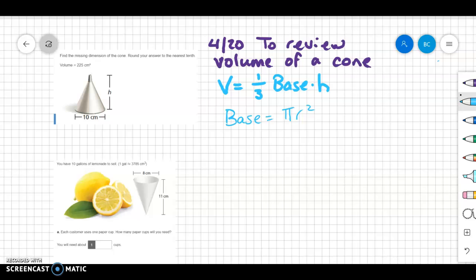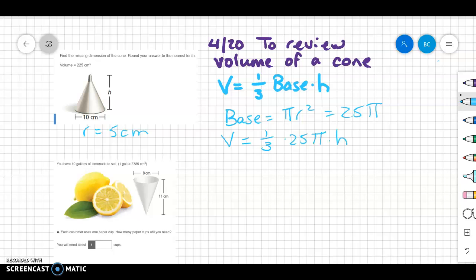And I have to be really careful about what they're giving me, if they're giving me the diameter or the radius. So this is the diameter because it's showing it going all the way across the funnel. So my radius is going to be 5 centimeters. So the area of my base is 25 pi. So my volume is going to be 1/3 times 25 pi